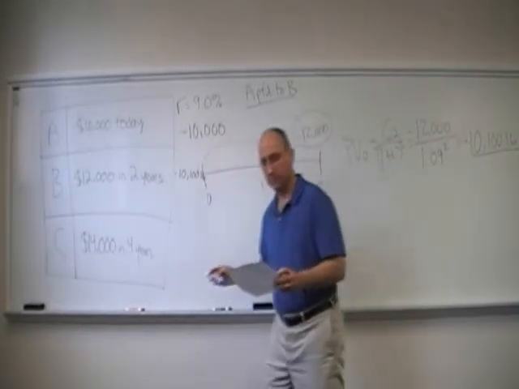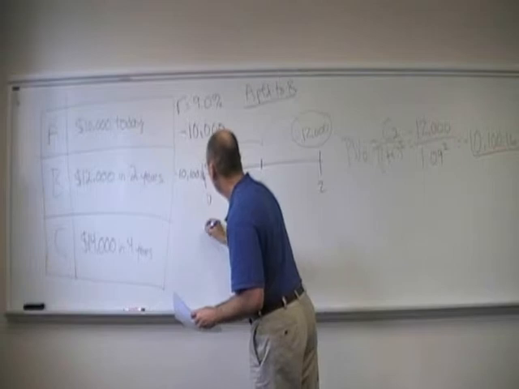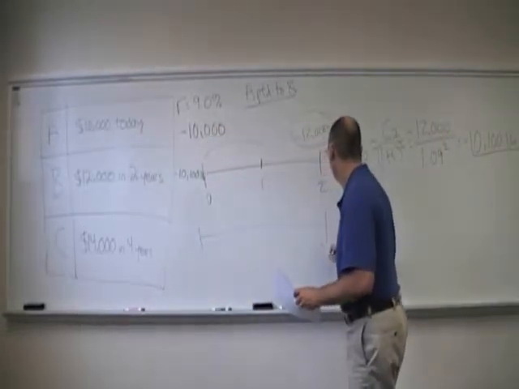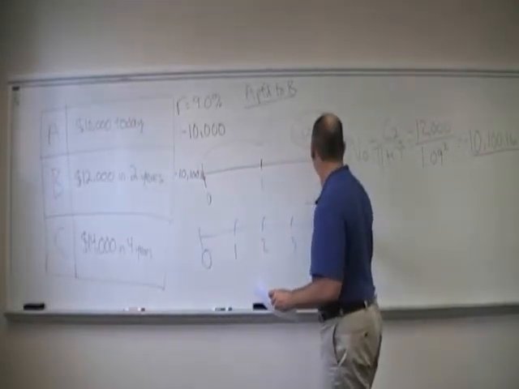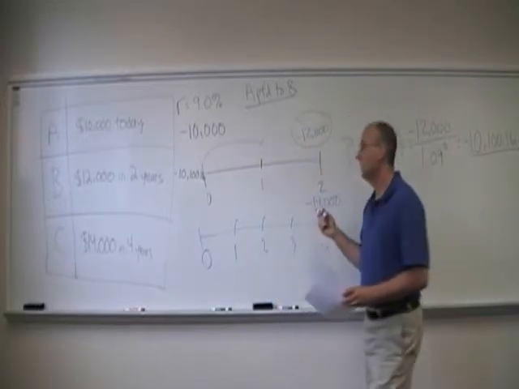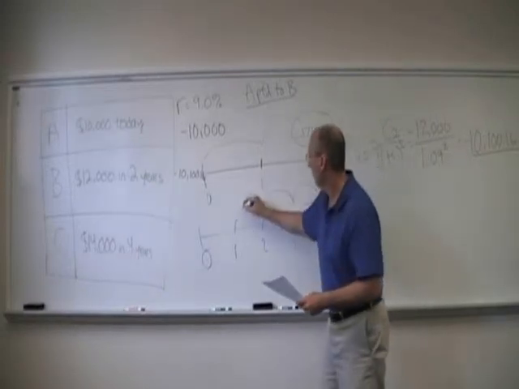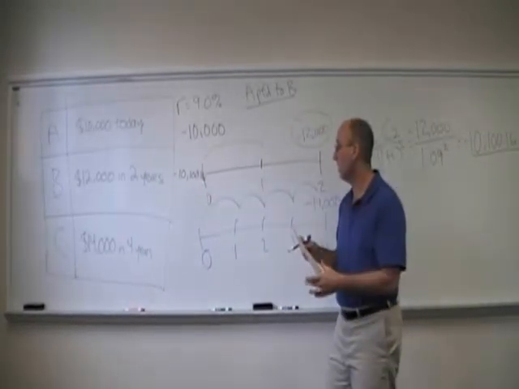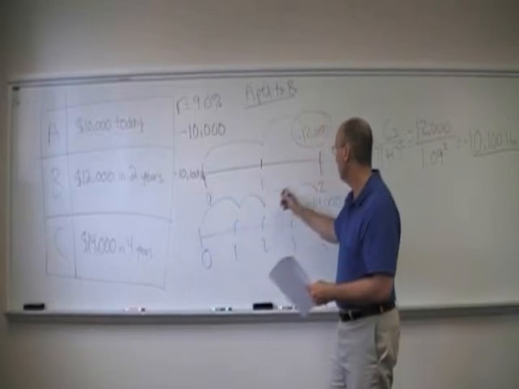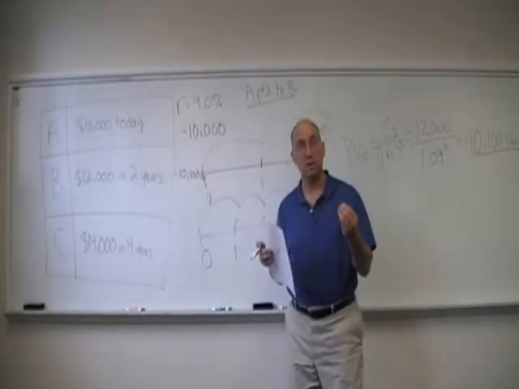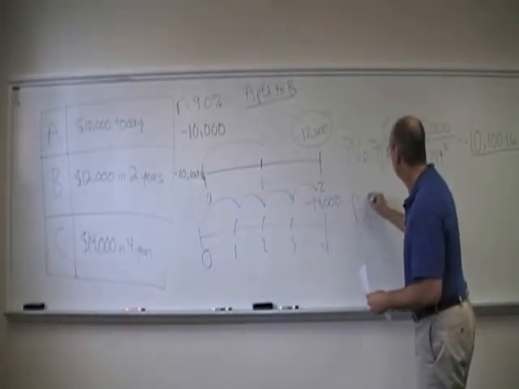How about C? Well, C, they have to pay $14,000, but they don't have to pay right away. They pay in 4 years. So paying $14,000 in 4 years is equivalent to paying whatever the present value is today, because whatever that present value is, if you were to put it in the bank for 4 years and get 9%, when you showed up at the bank, guess what? They would give you $14,000. So, present value today